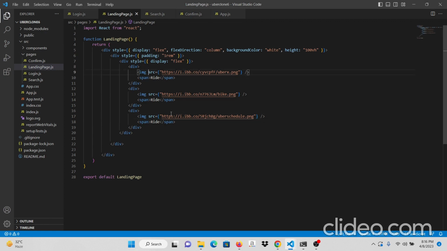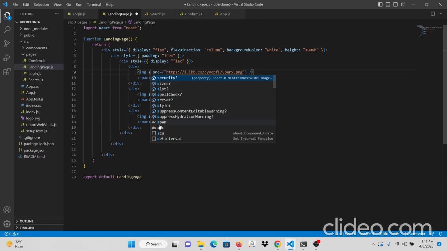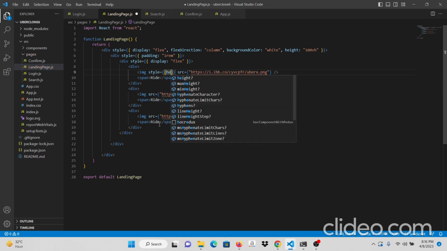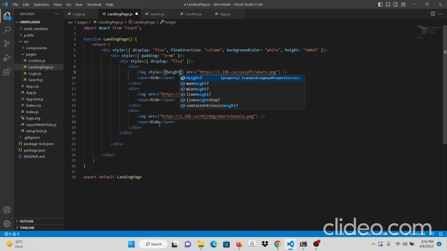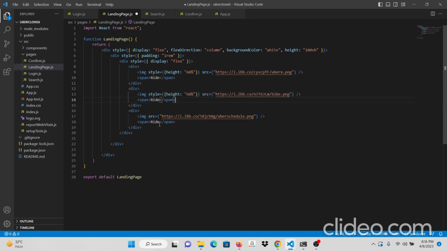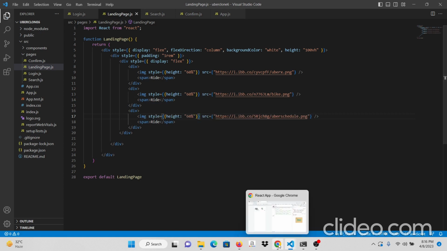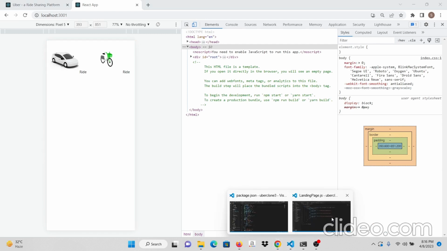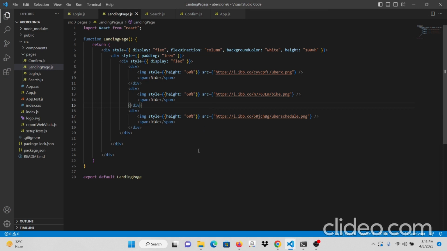So just start by mentioning the height. Start styling it, and then mention the height. Height is, let's say, 60%. You can also experiment with other different numbers. Let's say 70% or 40%. Not making a difference. Okay. And then